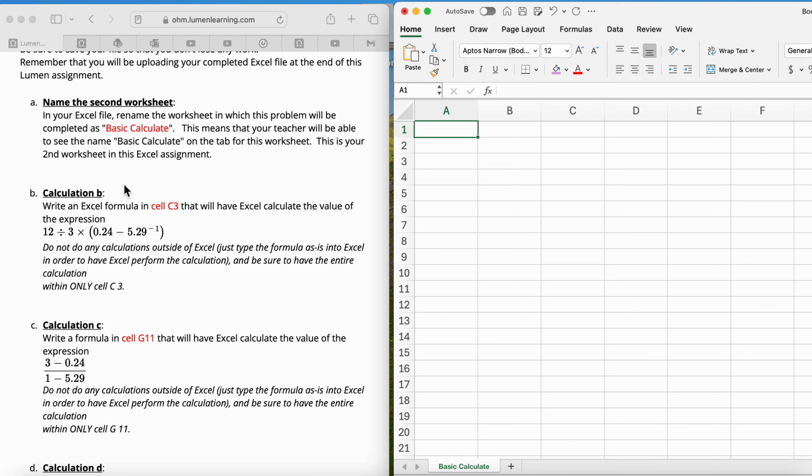All right, so I want you to be careful though when you're working with fractions, things that have parentheses. This first one, question B, we want to make sure that the thing in the parentheses is evaluated first, and then it will just follow order of operations. So remember, if we want to calculate something in Excel, we need to tell it that we're calculating by saying this cell is equal to. This told me to put it in C3, so this is equal to 12 divided by 3